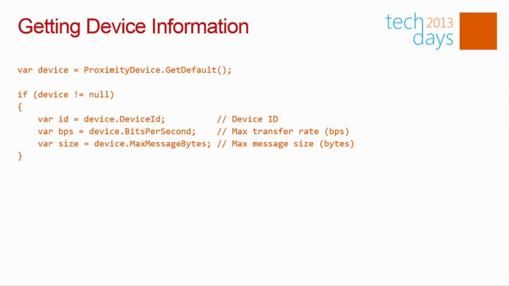And you can read a value called max message bytes that tells you the maximum size of an in-depth message that you can write out in one gulp from this device. Now, generally, that's so large with a typical chip, it's 10 or 20K, you don't worry about it, because over NFC you'll be exchanging very small messages. If you want to use NFC to transfer larger amounts of data, rather than use NFC directly, you'll use it to establish a Wi-Fi or Bluetooth connection